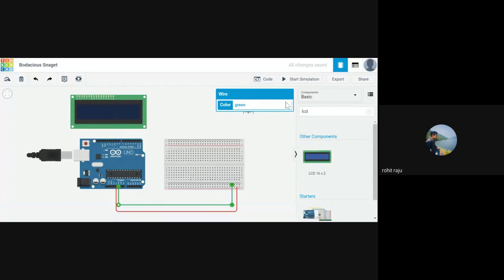Do this simultaneously with me so that you can get a clear understanding, because this is also your final project, which you will be doing together. You also should be submitting the one on your own. So you have the power and the ground. We also need to make use of, so let me connect those two also.